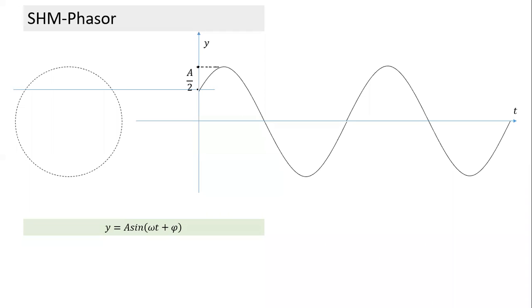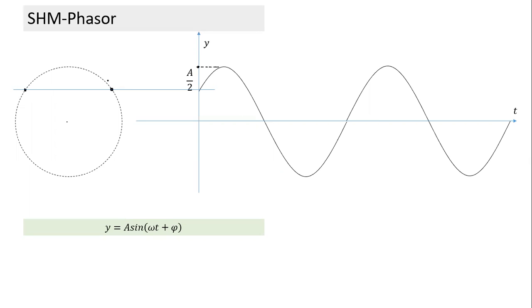From here, this is the value of y at time t is equal to 0. So the phasor, this particle which is undergoing circular motion, the tip of the phasor, should also be at this point. But at this point, there are two positions possible. You notice here on the circle, there are two positions for which the y-coordinate is the same. But in this case, the y-coordinate is increasing, here the y-coordinate is decreasing.